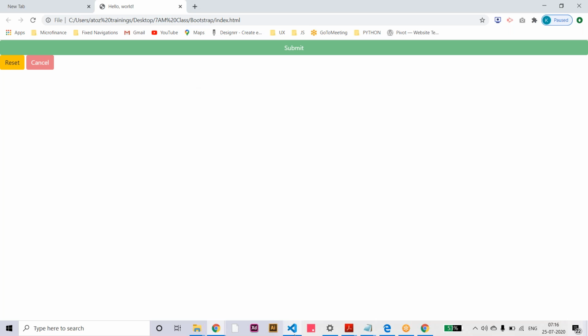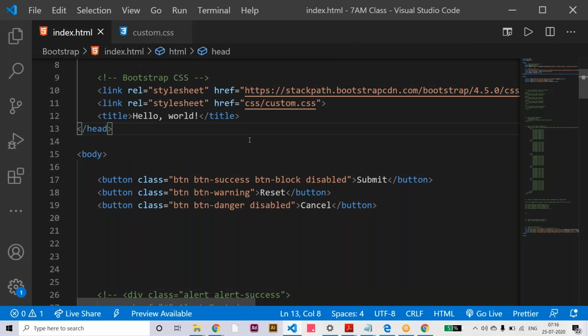Okay, so like this we can use the button classes. Like here also, a total of around 8 different color themes are there, like blue, okay, green, yellow, red, different themes are there here. Okay, so clear, Ananta and Nakula?